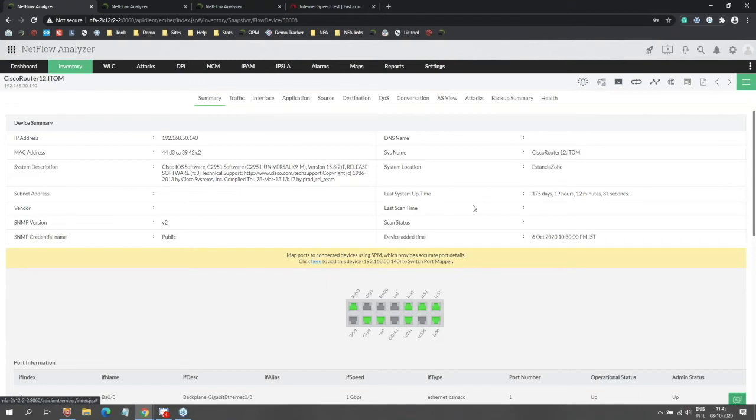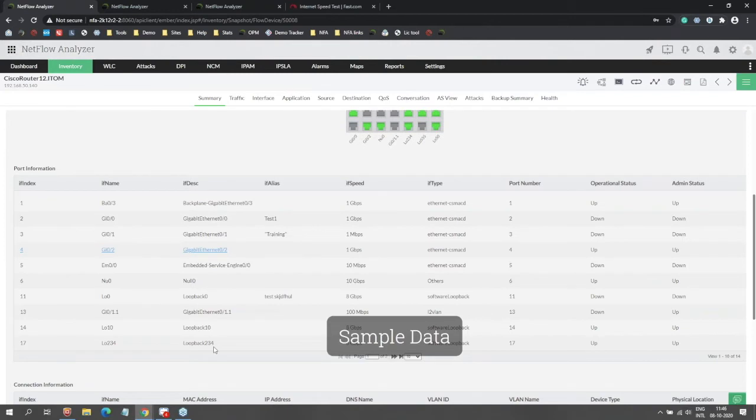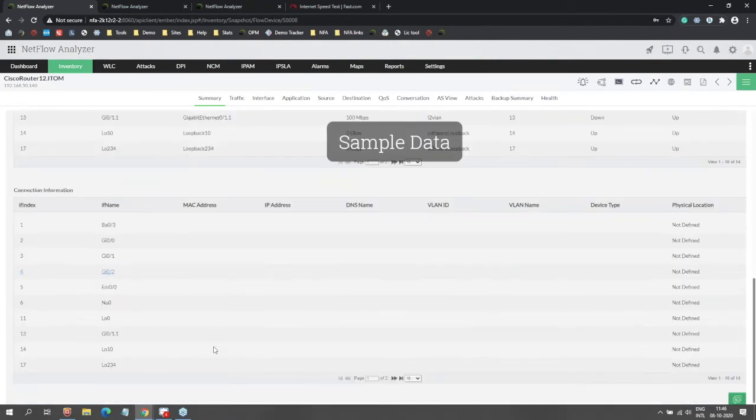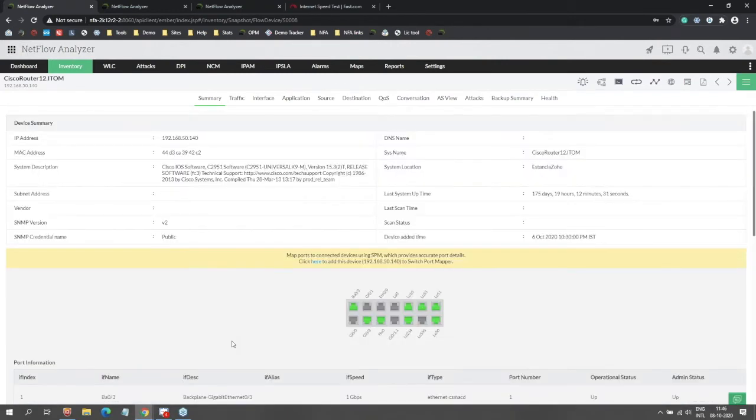All of these are fetched through SNMP. And with our latest module, you can actually see how the ports are connected. This is the integration with the switch port mapper tool that we have. It's going to automatically find out what devices are connected and which ports are open. You can even see information on all of this. This again will be discussed in the next session, so please do tune in to understand how this works.